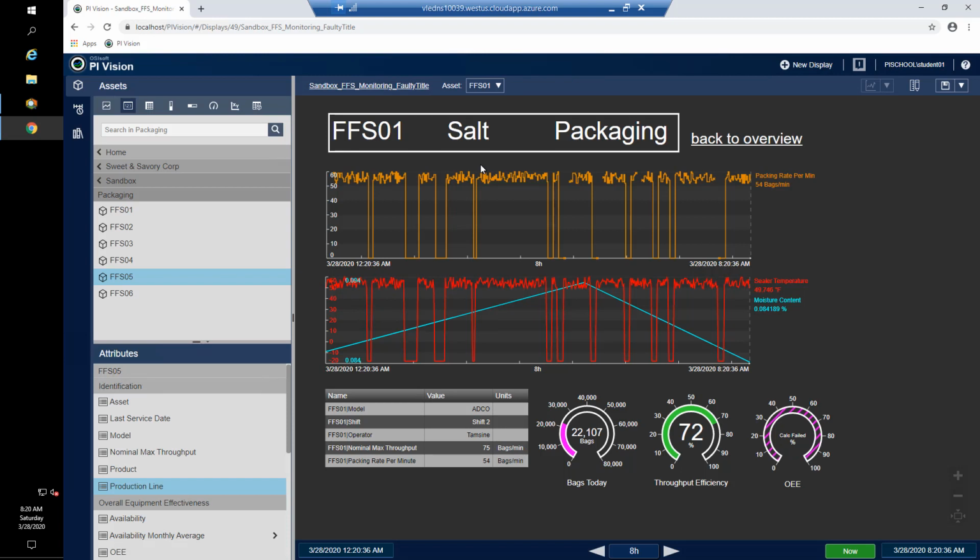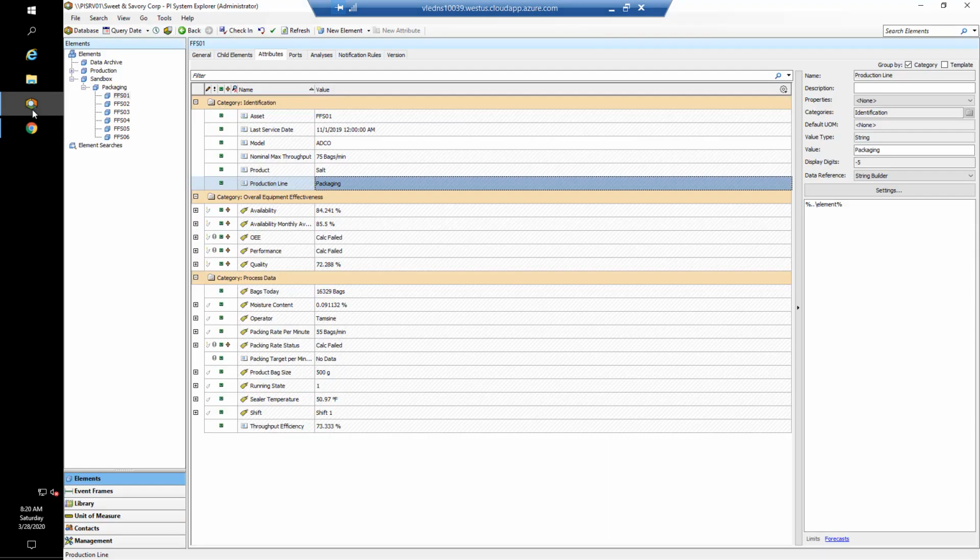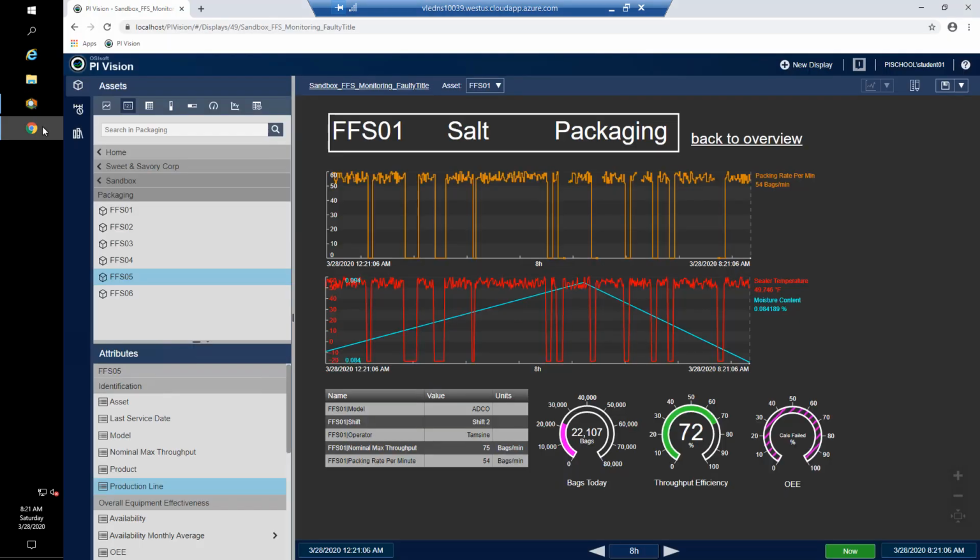Now, like we said, this isn't particularly a problem with the Asset Framework. It was just with the way the display had been built. But it is always a best practice to have information around your asset incorporated into your variables, so that when you do want to build a display, you can say, based off of my asset, my product, and my production line, I would like to see what assets I'm working with on my display. With that, we have solved the 6 issues the engineer was asking us about.